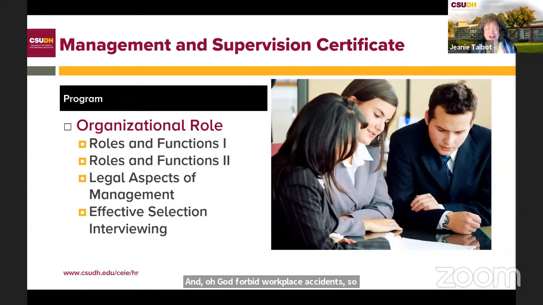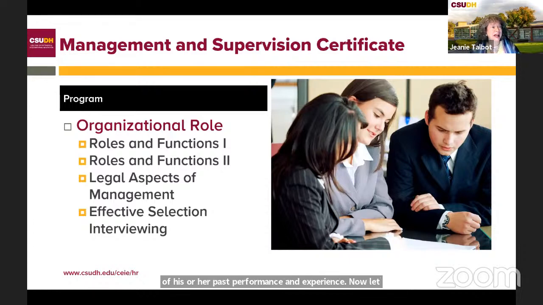So effective selection interviewing is our fourth session for this module 1, and employees are considered the most valuable and expensive workplace asset. And so to that end, selecting the very best talent should be deemed an investment in the company's future. We deep dive into the behavioral interviewing process, which has resulted statistically in successful long-term hires through a candidate's demonstration of his or her past performance and experience.